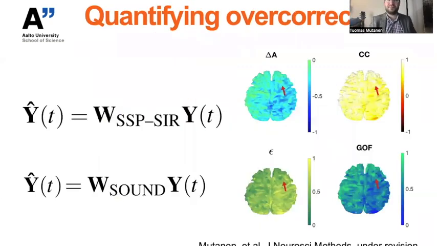The other nice aspect about this spatial filter, forward model-based spatial filtering methods, is that because they are just linear operators, it is very easy to quantify the overcorrection. So once we have calculated these spatial filters from our data, we can then take our forward models and apply them and ask the question: okay, if this red arrow shows our stimulated location and that produces our data that further produces our spatial filter, how would different possible sources in the cortex then be attenuated?